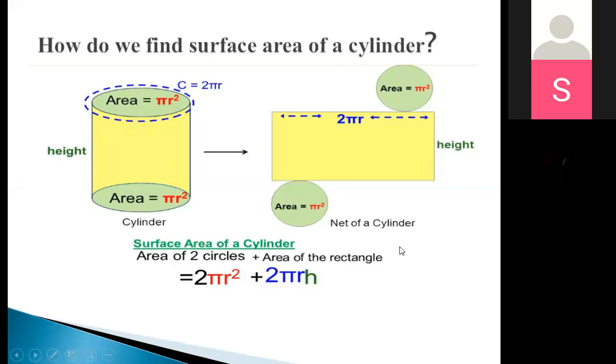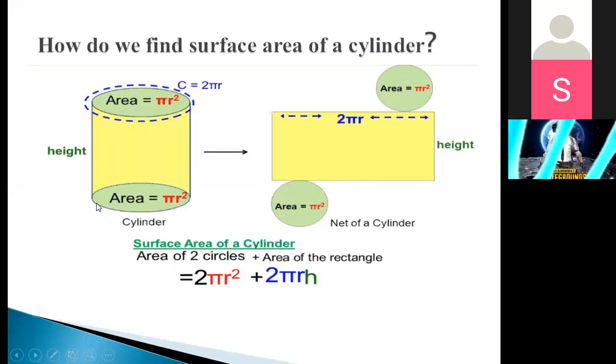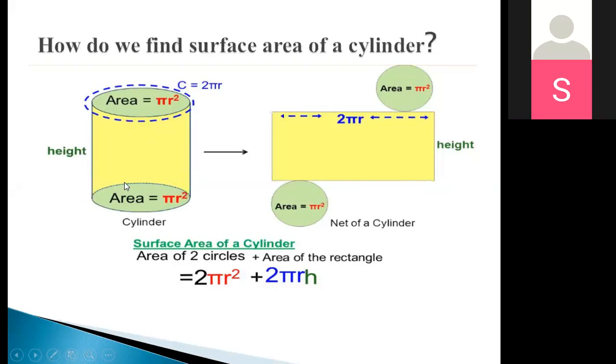The reason being that breadth is the height. Breadth is always the shortest side of the rectangle, that is the height. And the length has turned into circumference of circle, 2 pi r. The reason being because you're using a rectangle, you are folding it into a cylinder. The curved surface becomes the surface area, right? The circumference of the cylinder, 2 pi r.